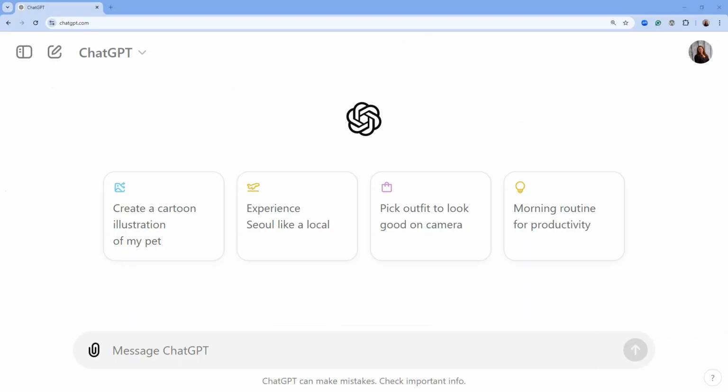So here we are in ChatGPT again, just keeping things simple and straightforward. When we're generating images with AI, we have to enter a text prompt that guides the machine to generate the image that we want. There's a lot of information in this module about engineering those prompts to get your ideal image in just a few minutes, but here's just a live walkthrough of the process at its most basic.